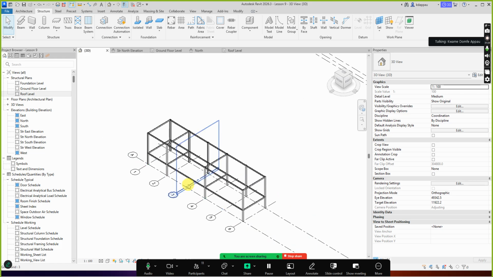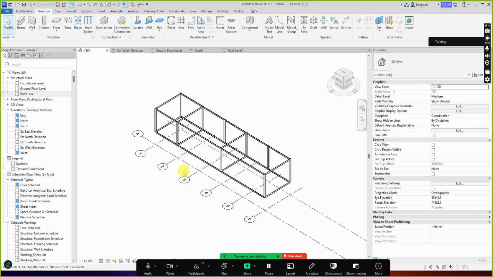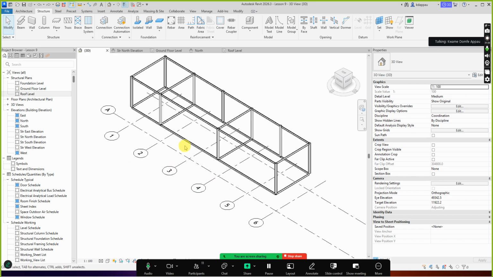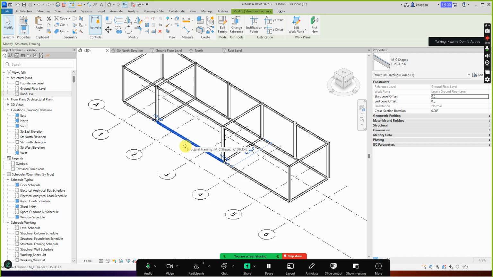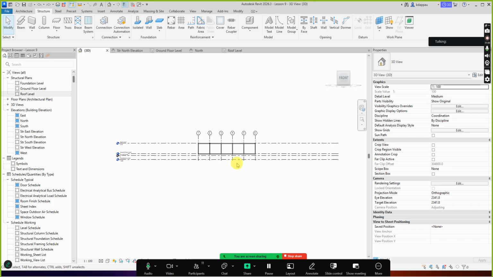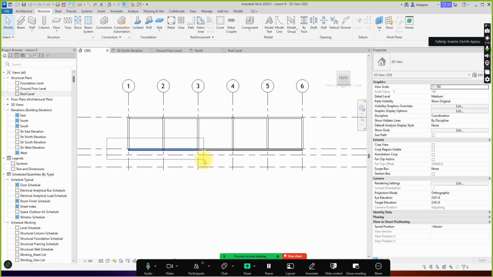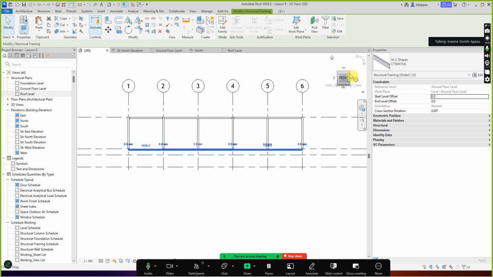Yes, I did copy to clipboard. Okay, so I'll go to Control Z. Currently, I have beams on the ground floor. So these ones are the ground floor beams. So if I go here, go to the front, and I draw a window around it this way, and I go to the isometric view like this one,